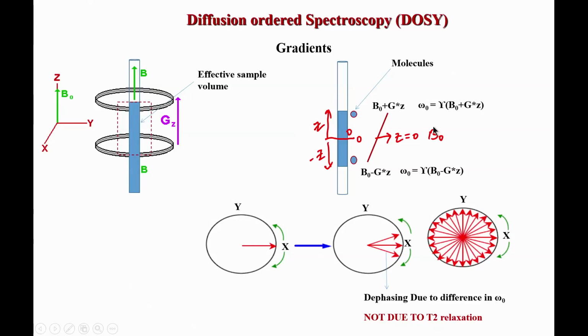So, what have we done here? Across the sample, from the lower part to the top part, we have created a difference in the magnetic field, and that difference is linear. You can see this is a straight line, it goes from minus Gz to plus Gz linearly. This is a very important thing: we have deliberately, purposely, created this difference in the magnetic field. If the G value was 0, then there would not be any gradient.